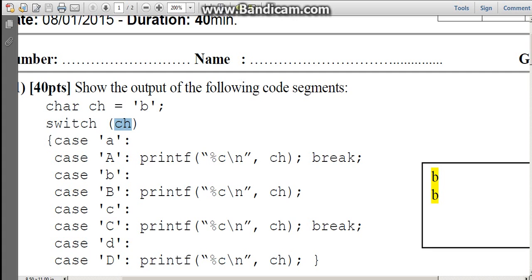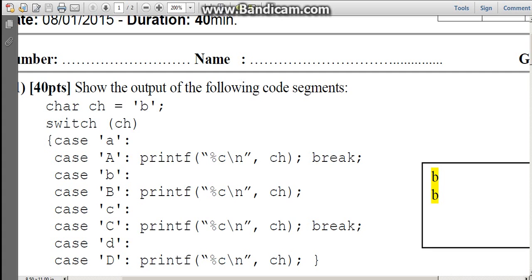Here we need to see where b is and look after b. Yes, this is the b, and there's nothing here, nothing after this colon. So we move down, and there's b here because we just substitute b to this side. This b is gonna be here, so it's gonna output the first b. Then